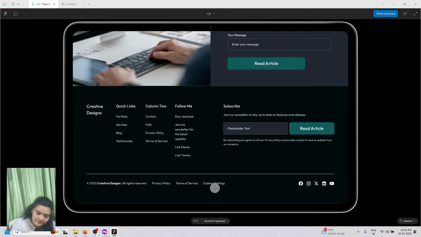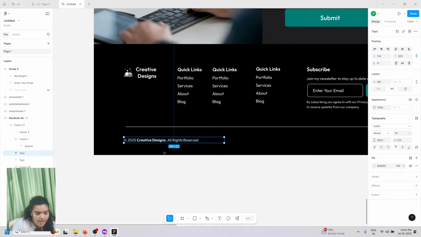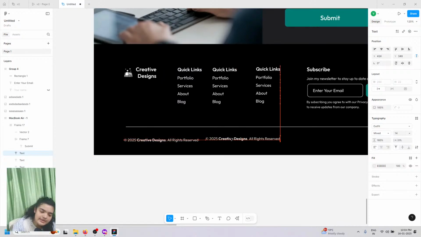We're going to type out privacy policy, terms of service, and cookie settings. Let's just go. We're going to select this, make sure everything is aligned in one line, select it back here again, have it say privacy